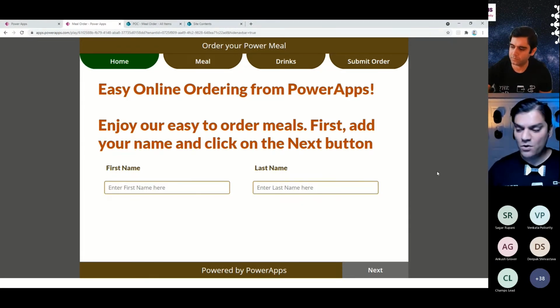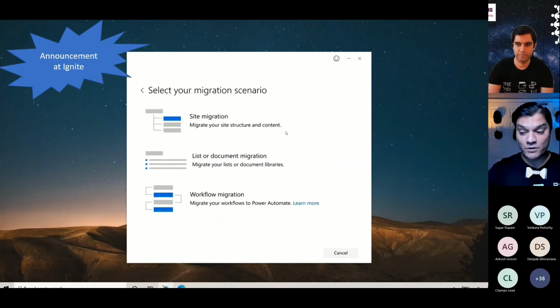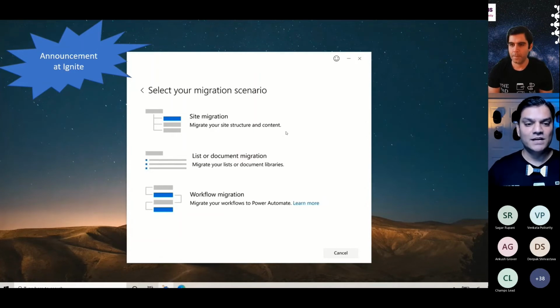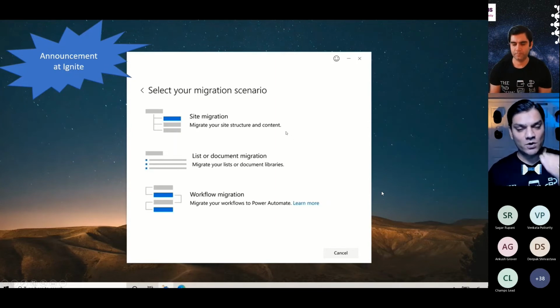Anyway, our goal right now is we're going to switch gears and now talk about Power BI. But before I switch over to Power BI, this is an important announcement that was made at Ignite. And since we just finished Power Automate, I want to call this out. They announced that the migration tool for SharePoint on-prem to online is now going to provide the option to migrate workflows as well. It says migrate your workflows to Power Automate, which means your on-prem workflows will go over to online